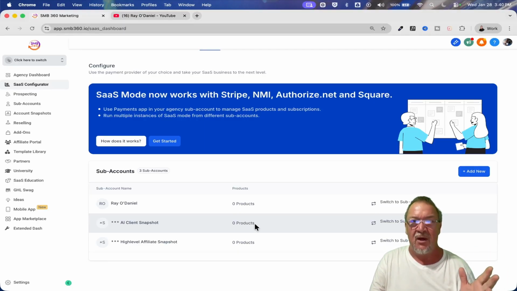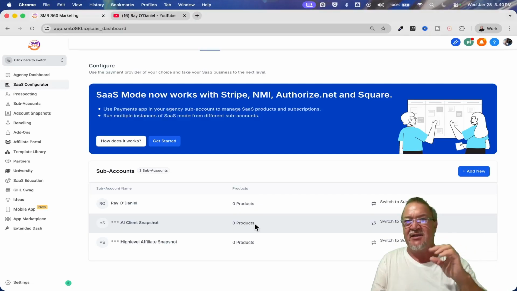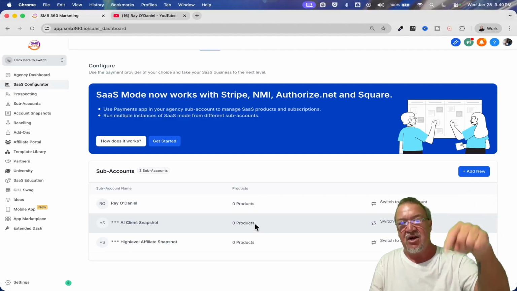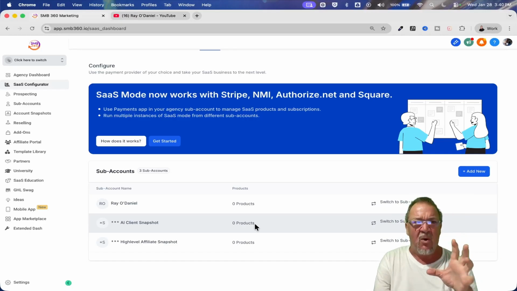And why would you want to, when if you just follow the rules that HighLevel set up using the SaaS Configurator, the SaaS Configurator will calculate all the payments, all the subscription, all the usage, all the rebilling. All of that stuff happens automatically, charges their credit card, and all is good. Hopefully you can understand if you set this up wrong, meaning you let a client, somebody that's not you, create